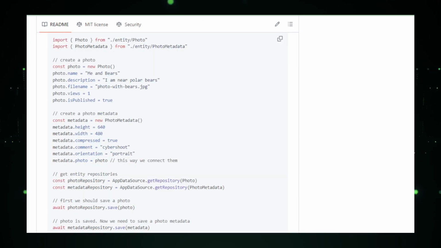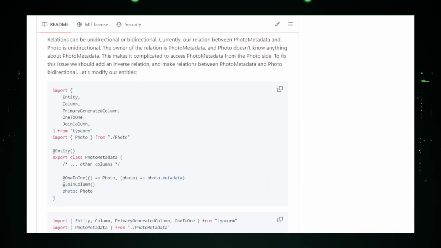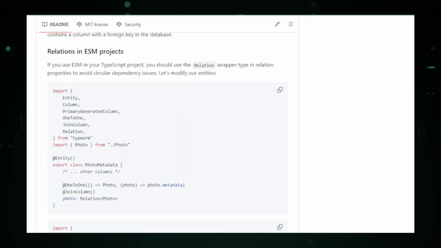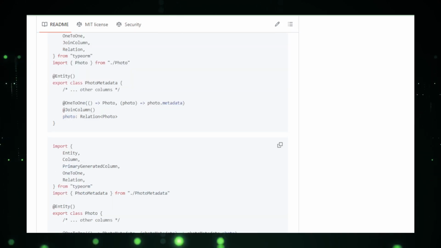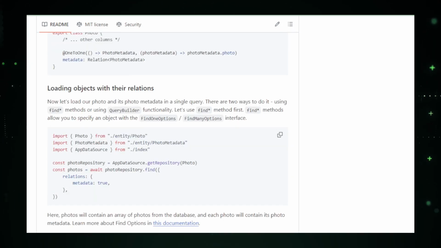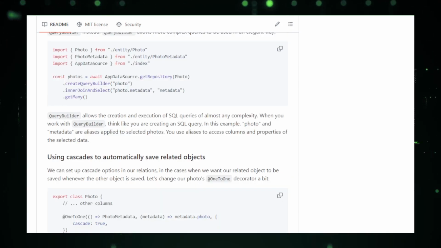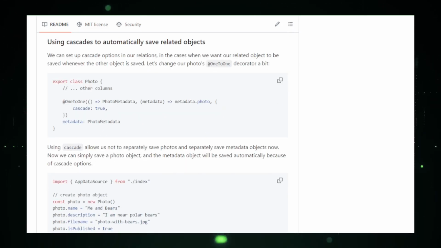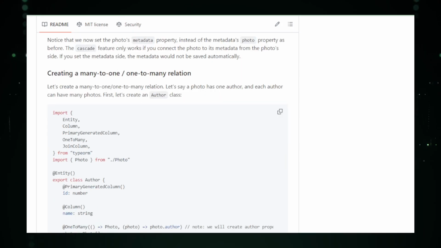The project's GitHub repository provides comprehensive documentation to help developers get started, along with detailed guides and best practices. It also includes code examples that showcase how to leverage TypeORM for various database operations. Additionally, the active TypeORM community is always available to provide support, share knowledge, and help you stay up to date